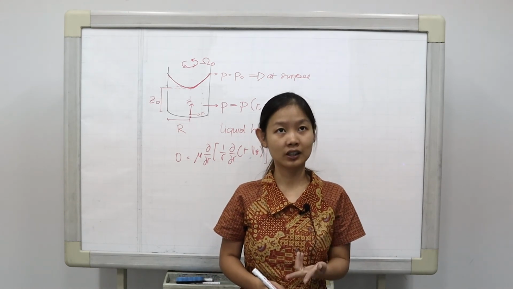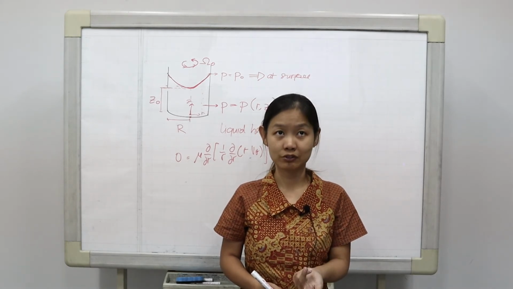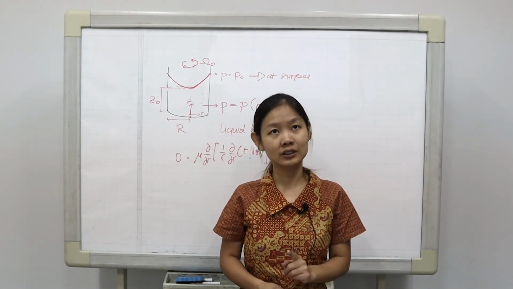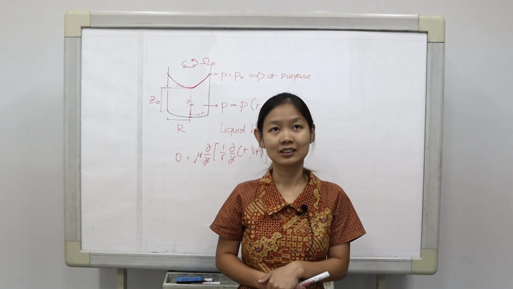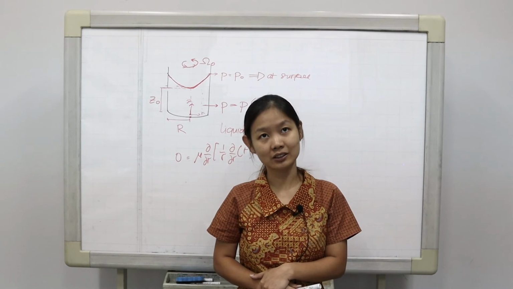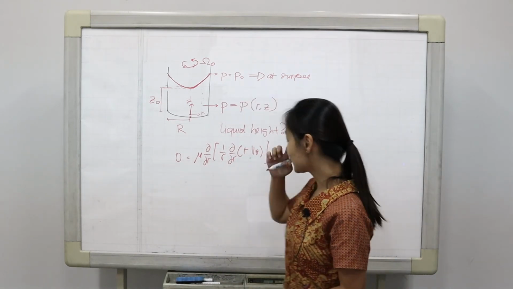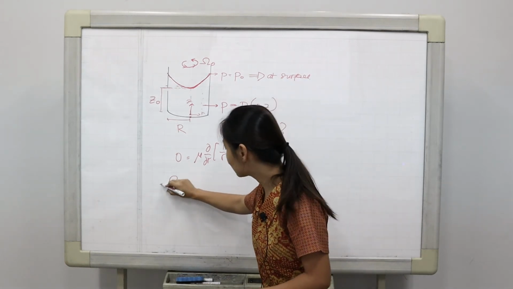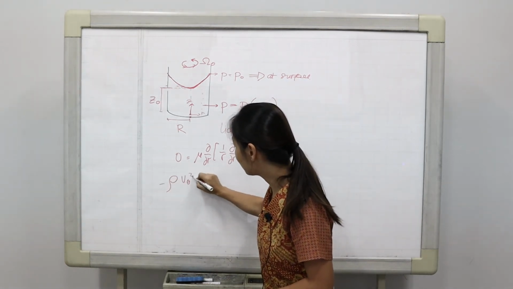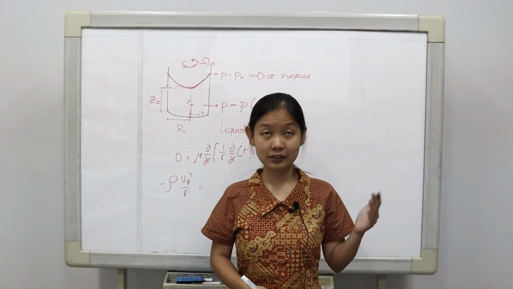Next, phi theta over r, dou Vr over dou theta. Dou Vr over dou theta is 0, we don't have Vr. Next, phi z terms: phi z is 0, we don't have phi z. Next, what we have is phi theta square over r. Yes, we do have phi theta square over r. So from that equation, we have rho minus rho phi theta square over r equal to,